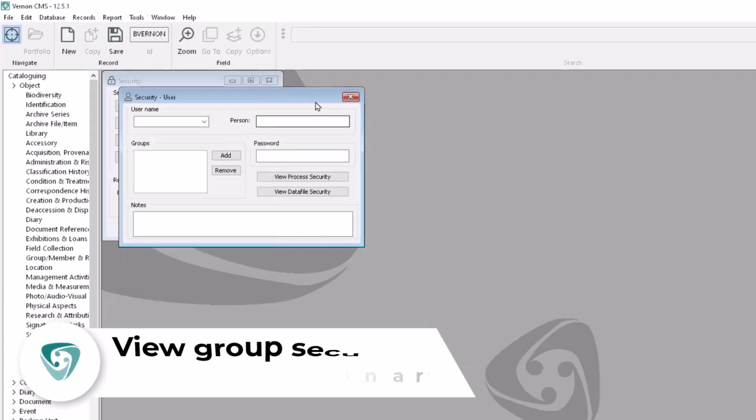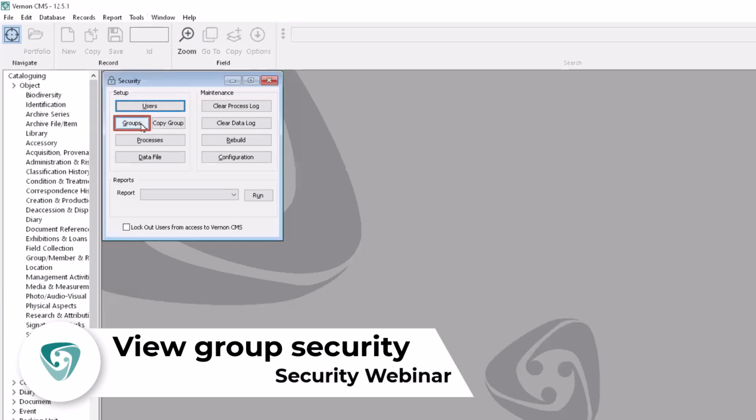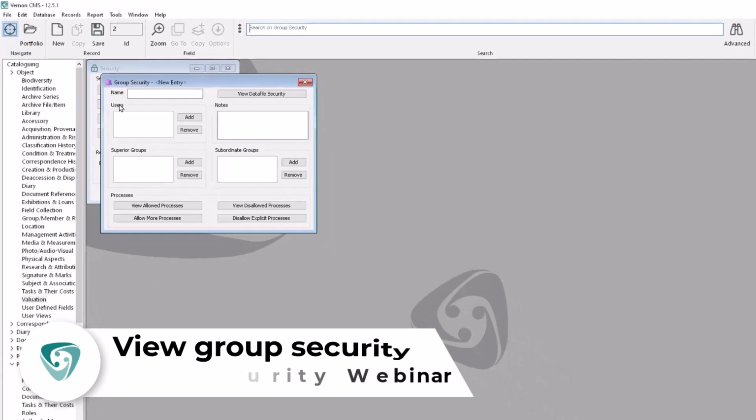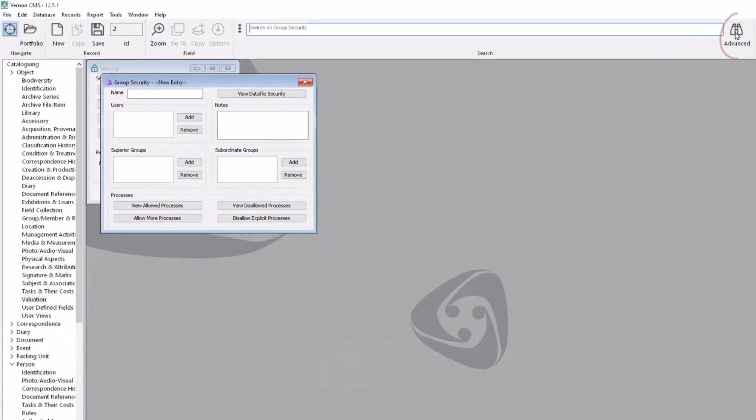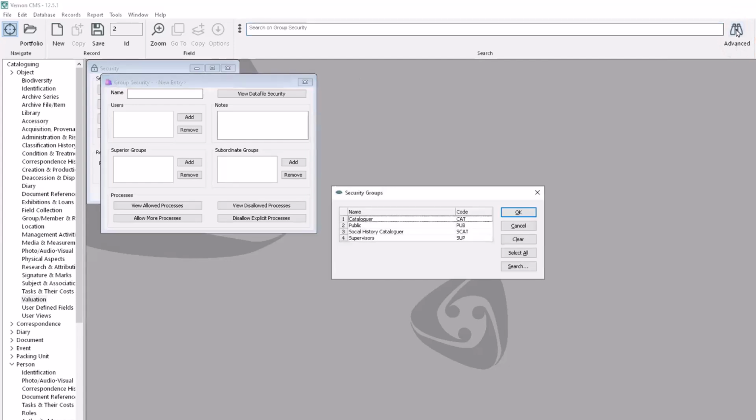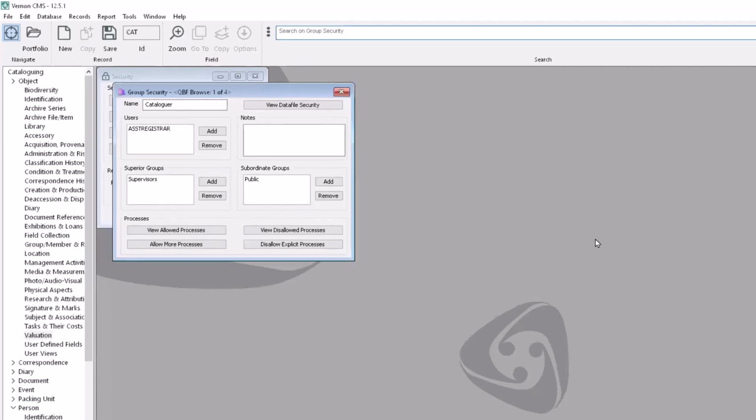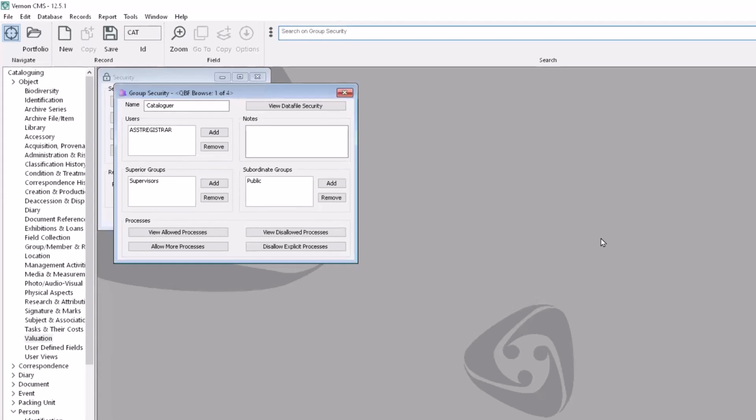Now let's take a look at our different groups in Vernon in more detail. I'll click the Groups button, and then I'll click Advanced Search to open the list of my different groups. I'll select all of them and click OK. So looking at the cataloger group to start with, I can see which users are in this